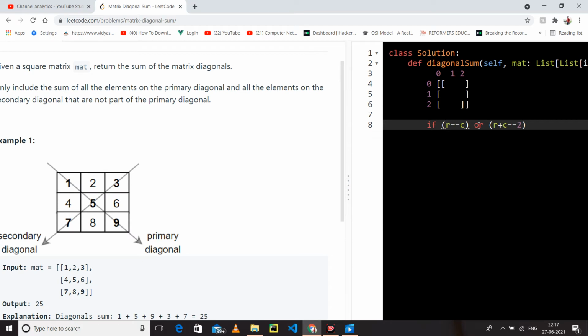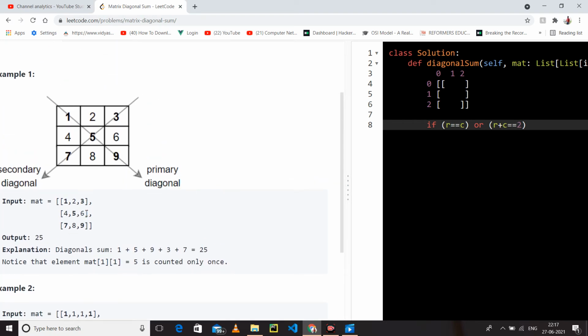Because we have right OR, and OR will execute only once. But how could we find 2? Like from where will 2 come? If we have a 4 cross 4 matrix, four diagonal, so we have a 0 here, and there is one more column here. So we have 4 columns, 1 2 3, and there is one more. So it is 0 plus 3. Here it is the third column: 0 column, 1 column, second column, third column. So 0 plus 3 is 3, so there should be 3.